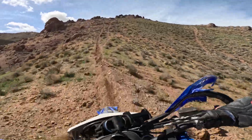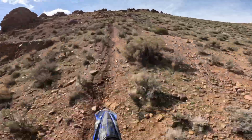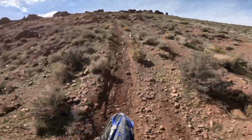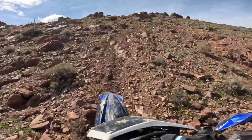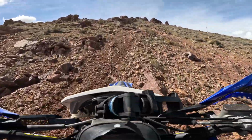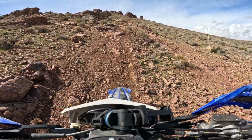But technique does save a lot of energy in certain areas, so don't ever underestimate the value of practicing this small, simple balancing, little zips and double blips and all that kind of slow technical stuff that you need. Hill climbs,